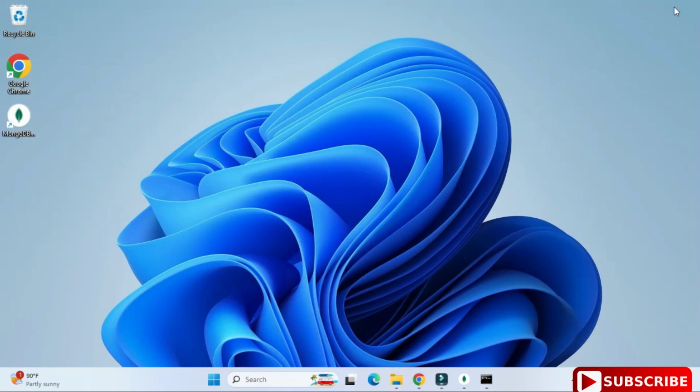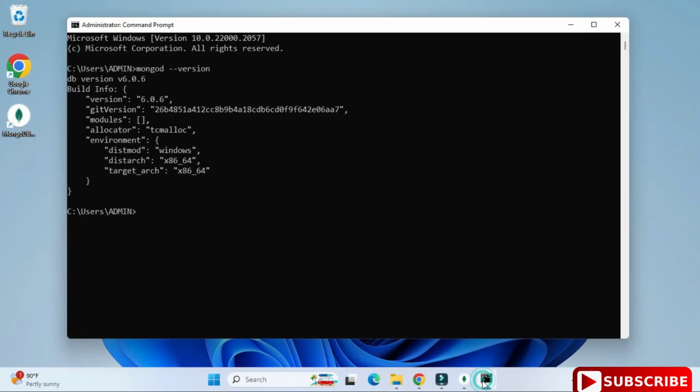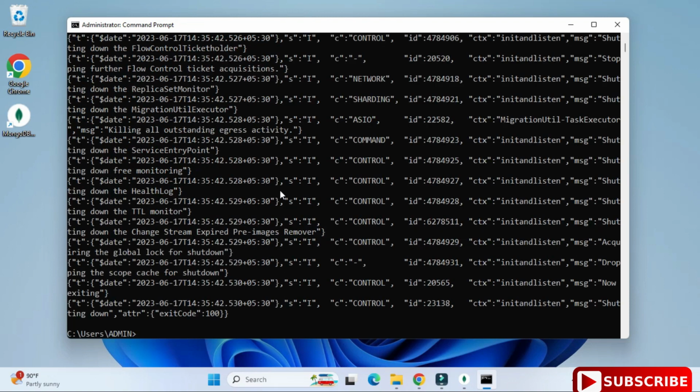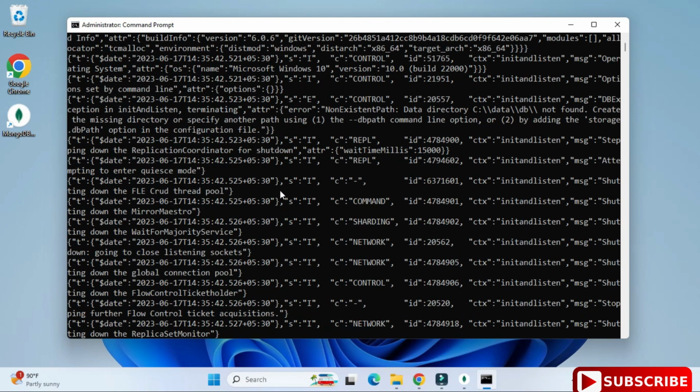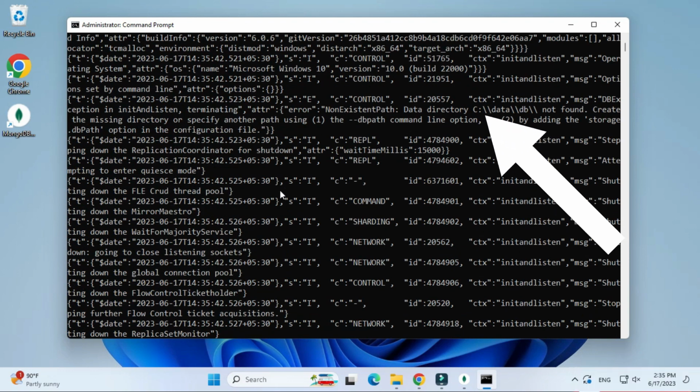So this is done. Now I'm going to write the mongod command to show you how to start my server on the command prompt. So guys, if I'm starting my server on the command prompt, it's showing me this error. The error is: data db directory is not found.